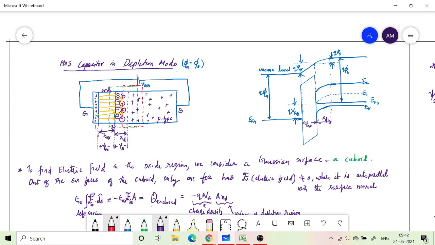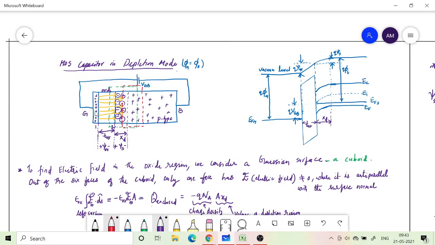And third mode is where you apply a large positive voltage, where not only are holes pushed away, electrons are attracted underneath the oxide layer. Okay, so these are the three modes. Depending upon the voltage that we apply, we will operate the MOS capacitor in one of the three modes. Okay, what are the modes? Accumulation mode: in this particular case, if you apply a negative voltage, we accumulate holes in the interface region in the semiconductor.